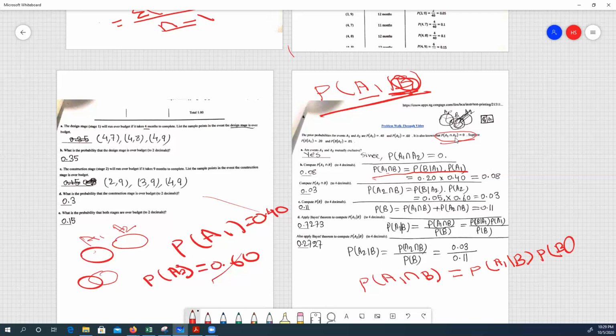But why are we not using this formula? Because this probability is not given. We do not know this information, right? That's why we cannot use this formula. But we know the probability of,